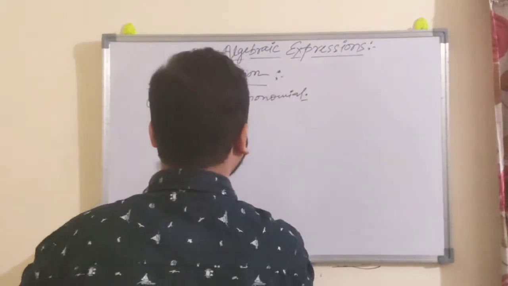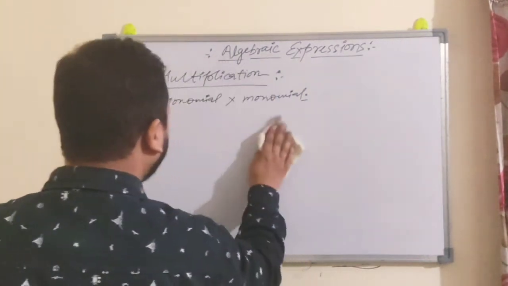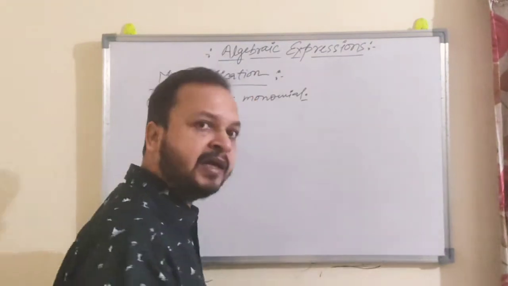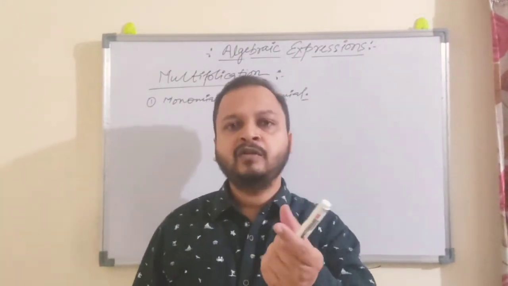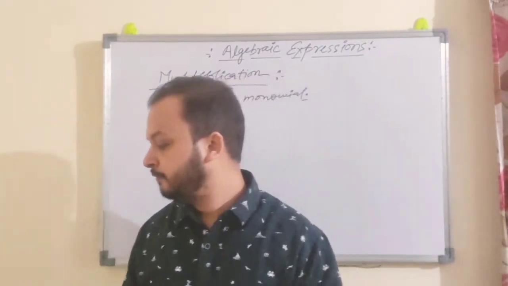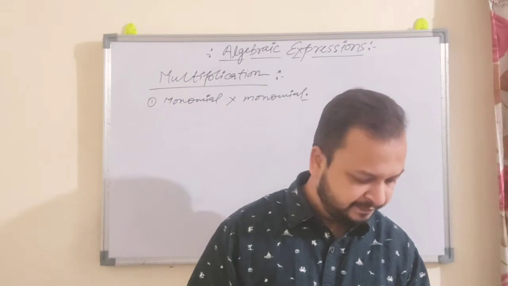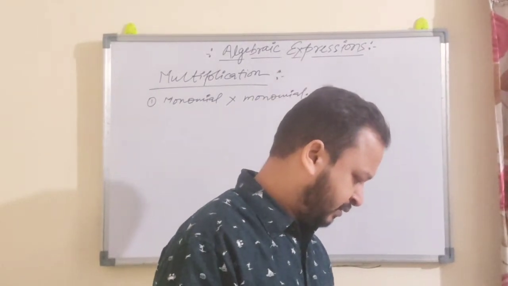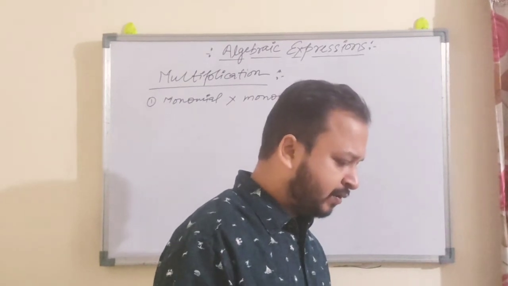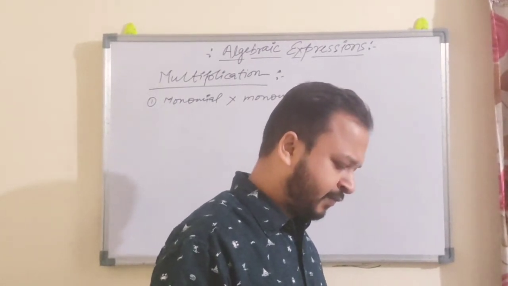Some other questions in this type are where you first have to find the product, and after that you have to check your answer. The values of some variables are given actually. So you have to check whether the answer is correct or not. For this type of question, I'm going to take one question from the exercise.